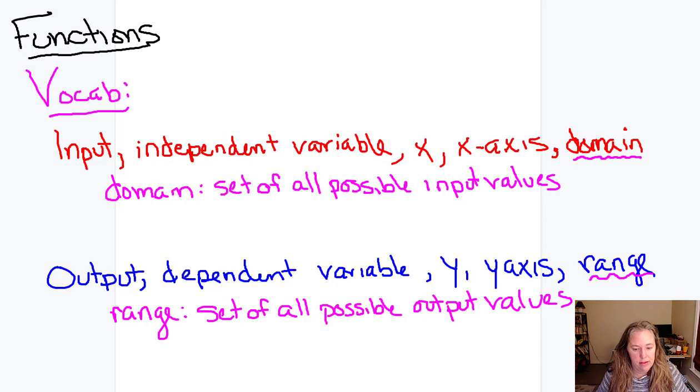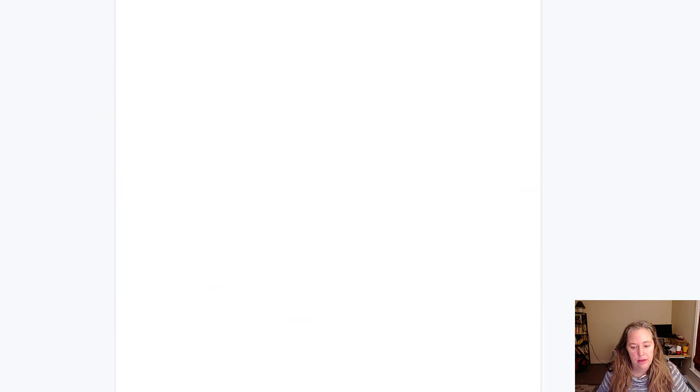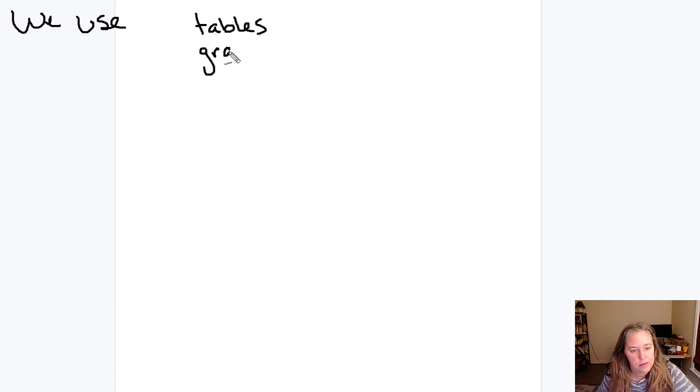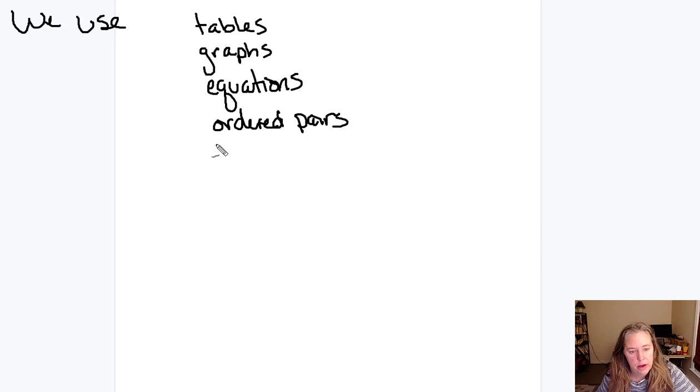I'm going to erase this. I have notes here. Okay. I know I haven't told you what a function is yet. I'm going to tell you. Okay, so before I tell you what a function is, I'm going to say that we use tables, graphs, equations, ordered pairs, written descriptions,